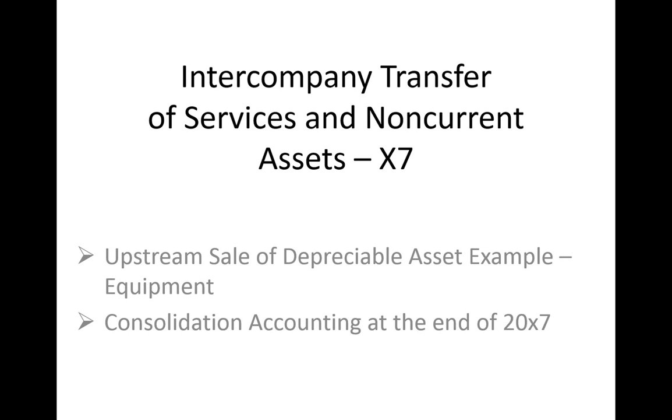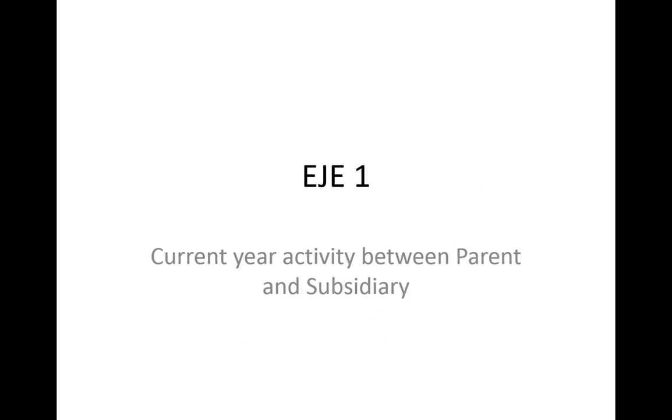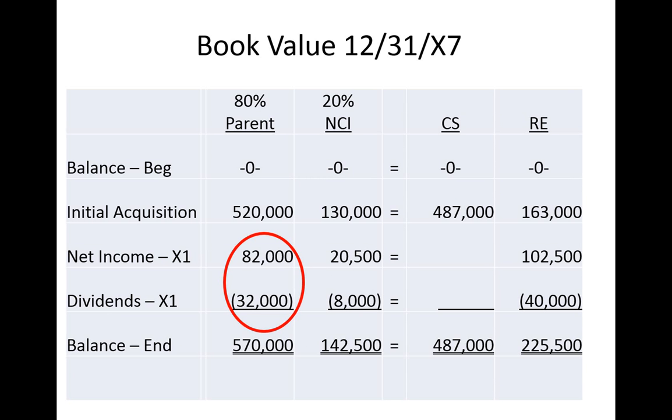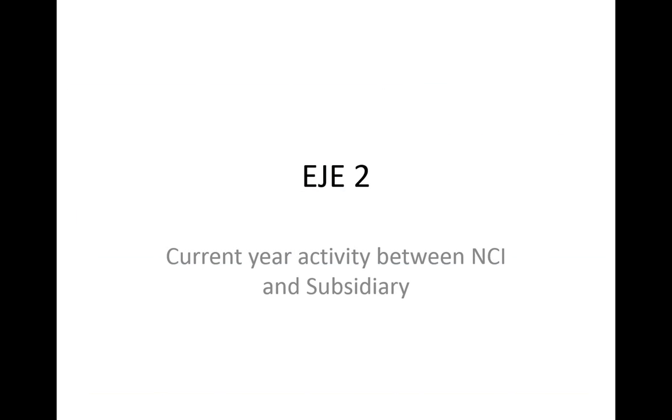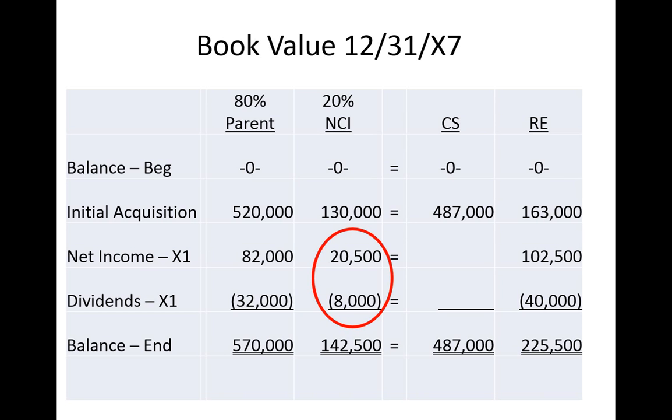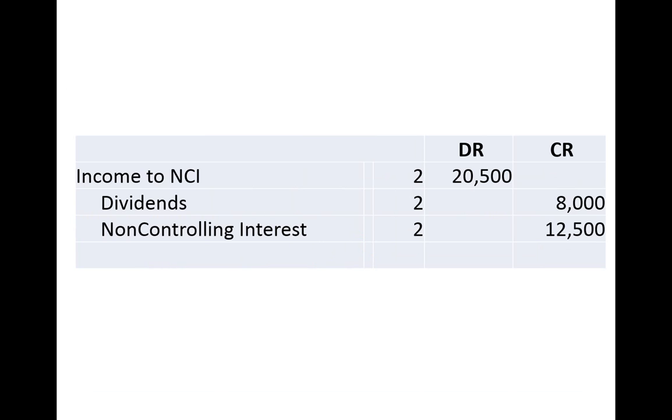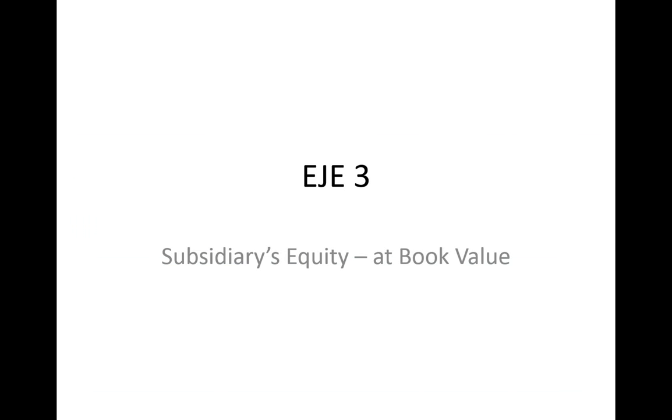Intercompany transfer of assets. Upstream sale of depreciable equipment. In this example, we're going to look at the consolidation accounting for the first year, which in this example is X7. We have the eliminating entries, which includes the current year activity between the parent and the sub, as well as the NCI's values